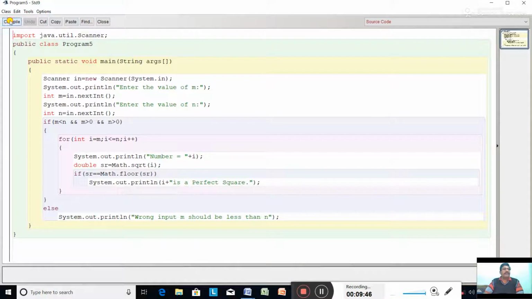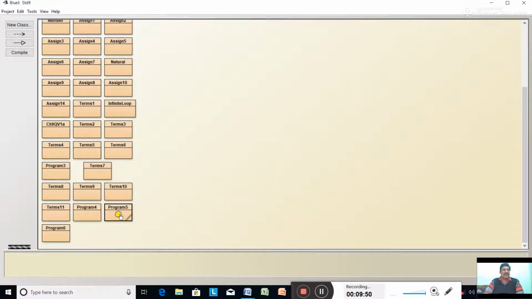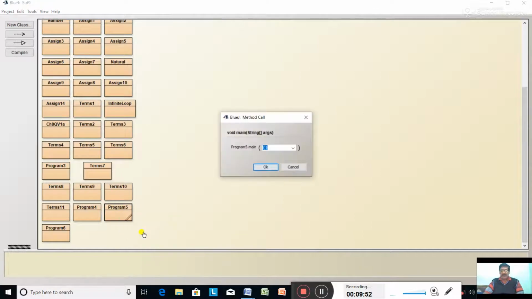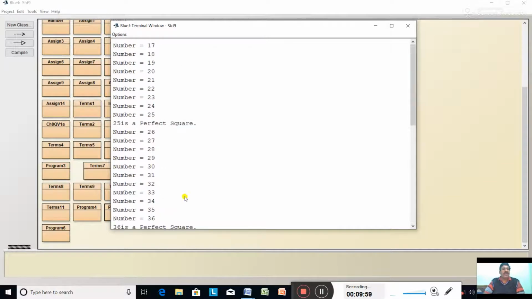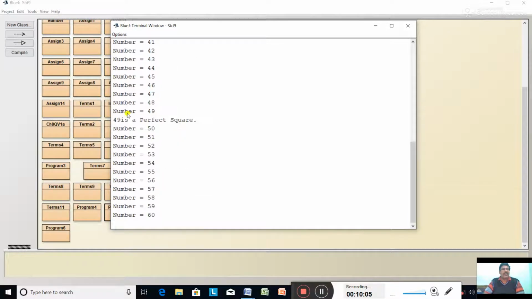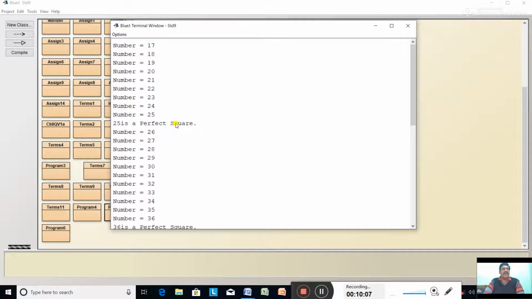Compile the program, no syntax error, close. Suppose m is 2 and n is 60. To see, 17, 18, 19, 20, 25 is a perfect square, 49 is a perfect square, like this.